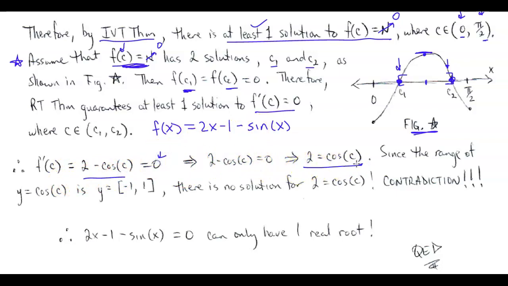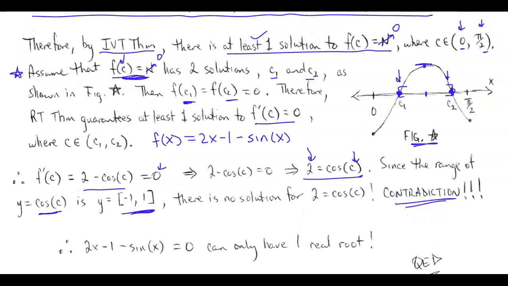And when I try to solve this, I see that I have a problem. And I know I have a problem because I know that my basic cosine function only has a range in between -1 and 1. And I'm asking it what x value, c here, has a corresponding y value of 2. And I know that's impossible. So because of that, I have a contradiction. So what this tells me is that my assumption that I made here, I'm going to circle it, this assumption that I made here